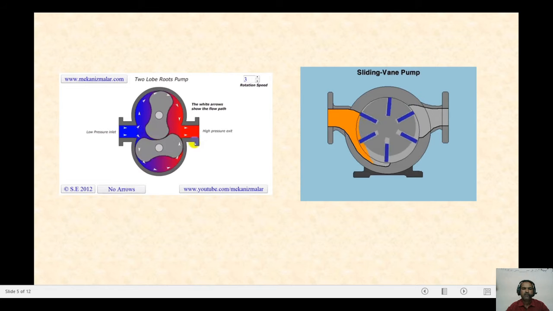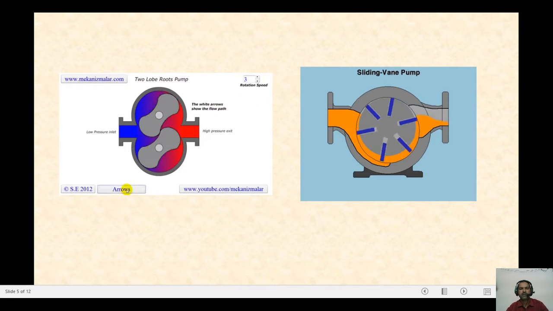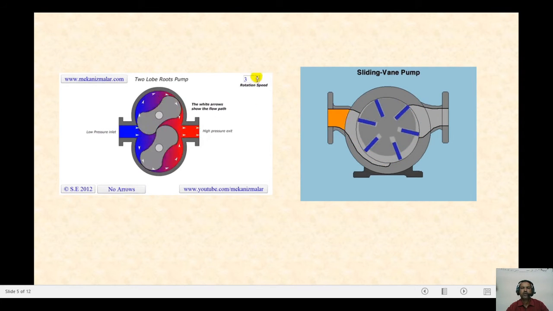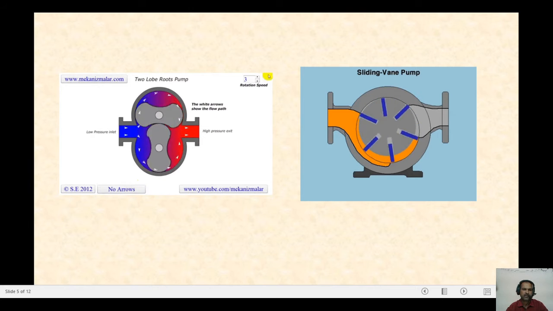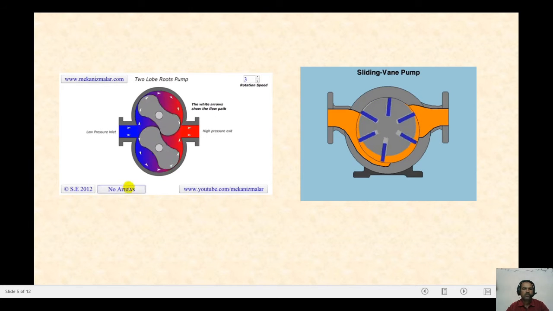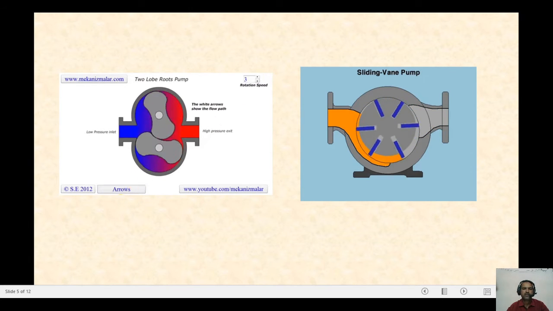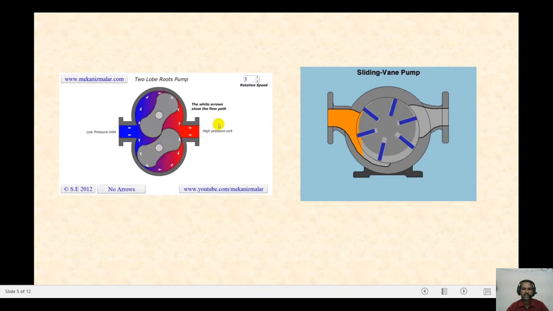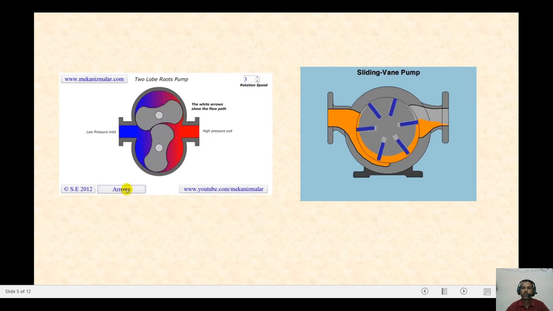And these are very important for the point of examination. Sometimes you may be asked to classify the rotary compressor and explain any one. Or the question may be to explain the construction and working principle of a two-lobe rotary compressor or vane type compressor. Questions like this can also arise.